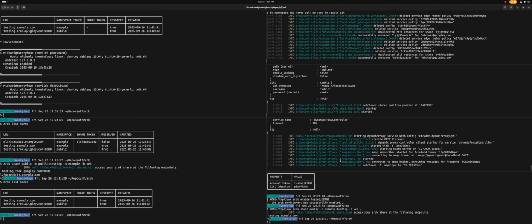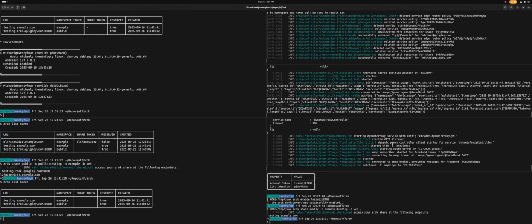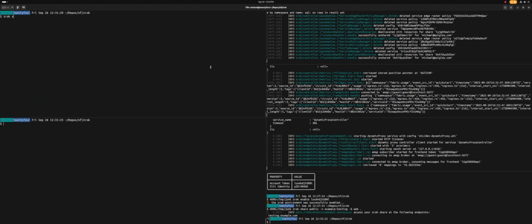So if I start that up, you can see that it starts up normally, configures OAuth, all that kind of stuff. Connected its AMQP subscriber, retrieves 0 mappings. So when it starts up, that dynamic proxy controller endpoint in the zrok controller also vends mapping data to these dynamic proxy instances. So if you cold start a proxy, it will retrieve whatever mappings it's supposed to currently have. From there, it receives updates from the controller as they happen. So if we come in here and let's just clean up our environment, if we say zrok share public bweb dot,